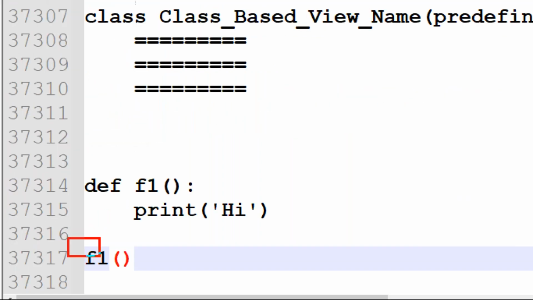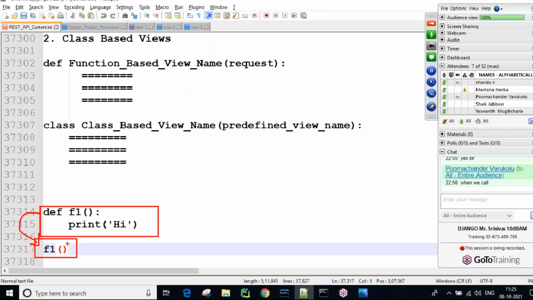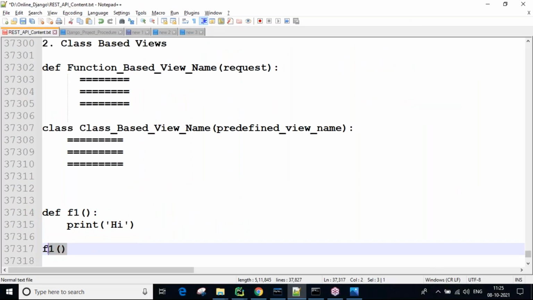This statement is function calling. This is the function definition. After defining the function, we need to call it. Whenever we call this function, it jumps inside that function and those lines execute. So only after the function call do we get the output.